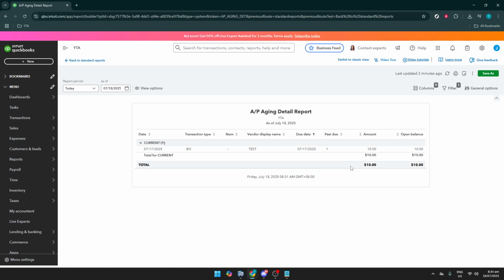This report is particularly useful because it provides detailed information about the amounts you owe to vendors and the length of time those amounts have been outstanding. By analyzing this data, you can make informed decisions about which bills to pay first and how to optimize your cash flow. To recap, we've navigated from the QuickBooks homepage to accessing a critical financial report that aids in efficient